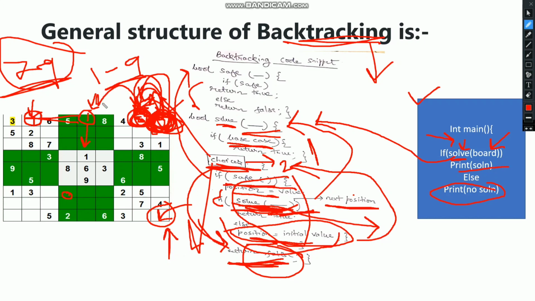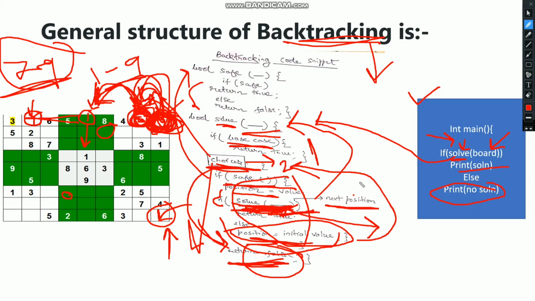So in recursion, the main thing is if the base case hits, like if we are not able to find the solution, it moves to the caller of the function. The caller of the cell was this, and if we observe this code snippet, the caller of the whole cell is nothing but the solve function.